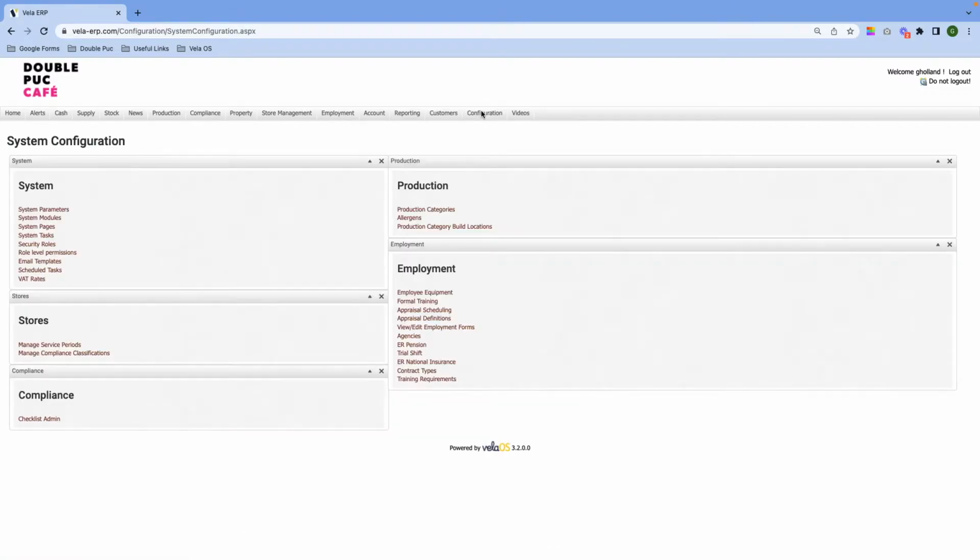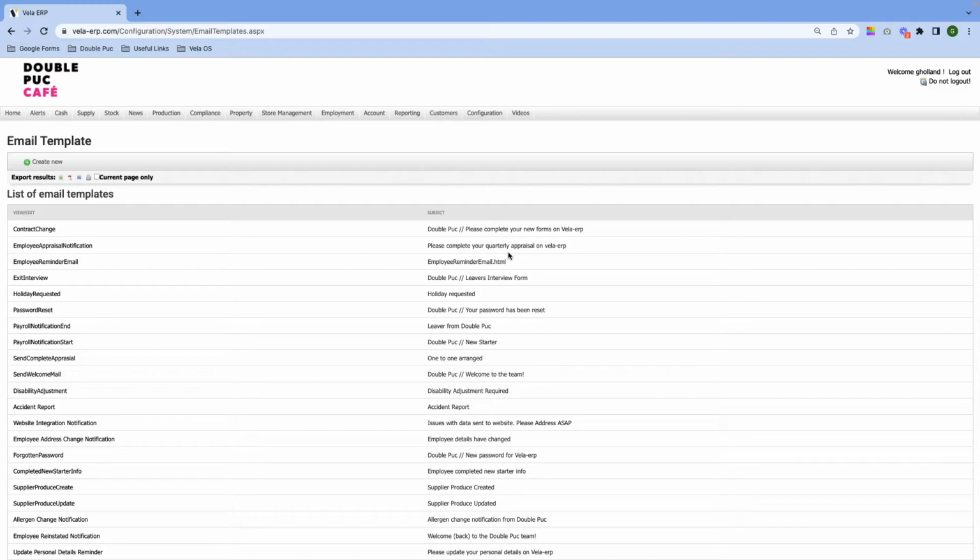So next up, we're going to look at email templates. You can ignore modules, pages, tasks, roles, and permissions. Do not touch these. Next up is email templates. So email templates are emails that are automatically or semi-automatically generated by your OS. So for example,